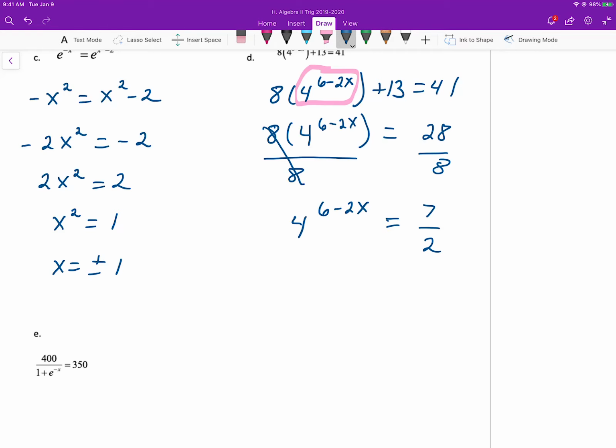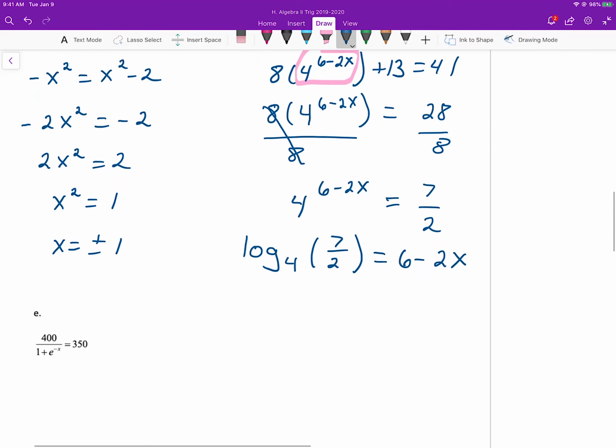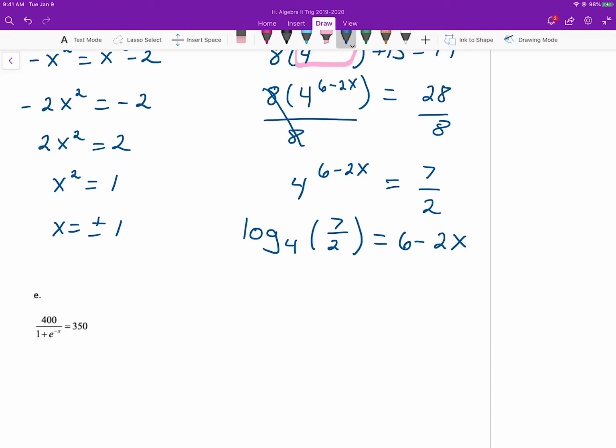Okay, so now we have a variable within an exponent, and we're at a point where we may feel stuck, and that's one of the first things we said. When you feel stuck, if we don't know what to do, we can switch the form. So we can have a logarithm with a base of 4, and now we're going to treat this just like we did all the others when we converted the form. I'm going to write the 7/2 next, and it's going to equal 6 minus 2x. We can subtract 6 from both sides. I'm going to still write it in front: negative 6 plus log with a base of 4,